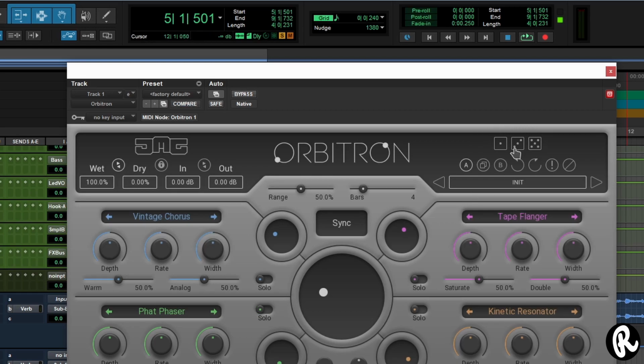So we also have the 3 dices here. And what these dices do, they randomly change your setting. Let's go ahead and make sure that this is at factory. Now, these are the settings that I have here, right? So if I pick this first dice, it keeps my settings, but it affects these options here. So if I do this,